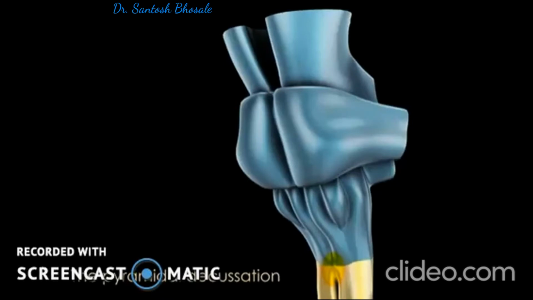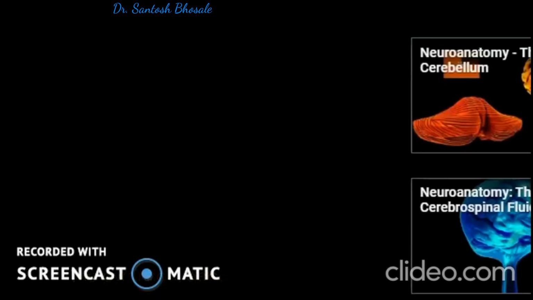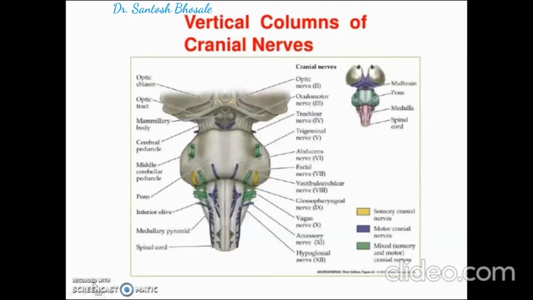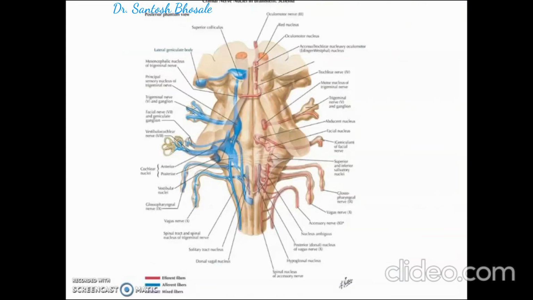That yellow highlighted area is showing the decussation of the pyramidal tracts. And as you come here, you can see this is the superficial version of the cranial nerve, and this is the location of different cranial nerve nuclei. I told you they are not organized like what you see in the spinal cord, they are scattered. So, in the brainstem, the gray matter and white matters are scattered, and you can see like this.